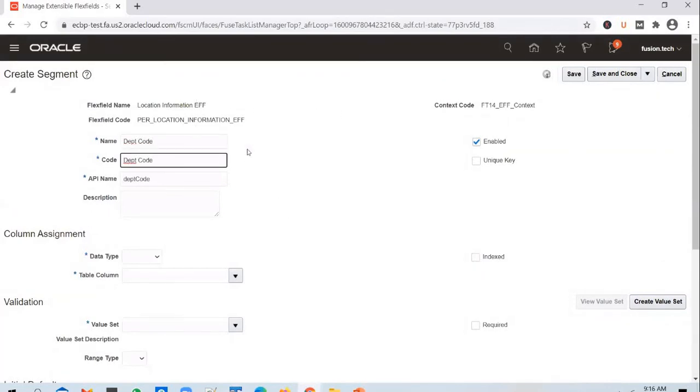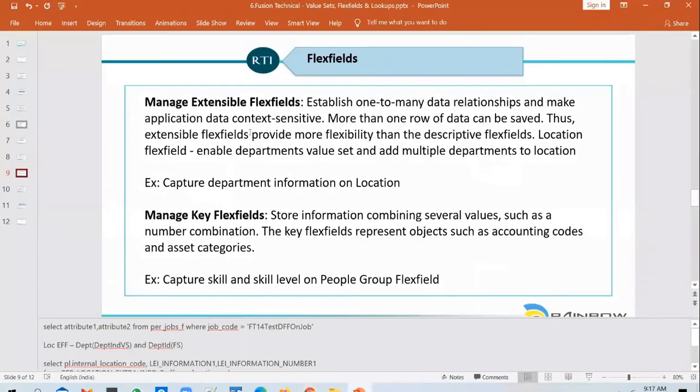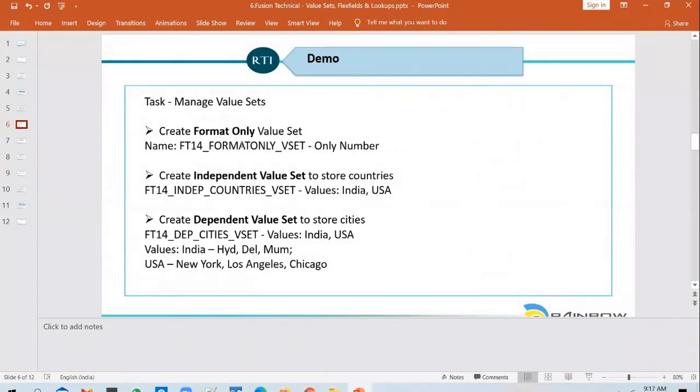Since you enabled multiple row behavior, you have to select one of the segments that you are entering as a unique key. Select department code as a unique key. What value set are we going to attach to this? We will attach the format only value set that we have defined. Remember the format only value set we defined, which allows only a number, right?